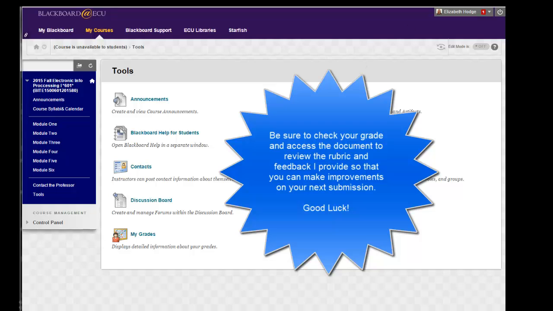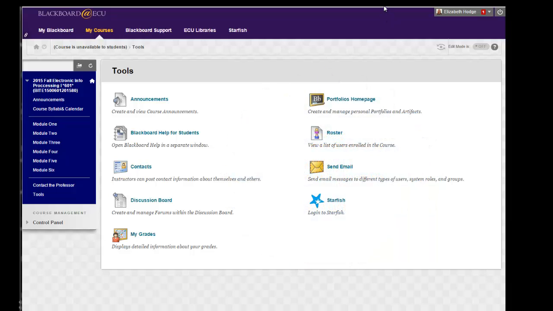The last thing I'll say about the grades is that I provide a great deal of feedback. So it's really important that once you submit your assignment, you check back and see the comments